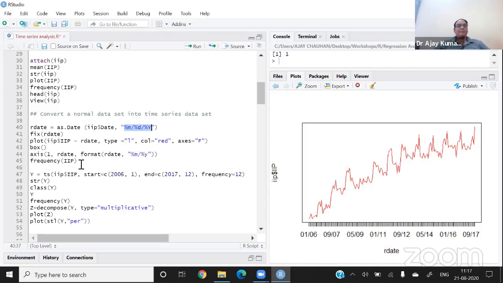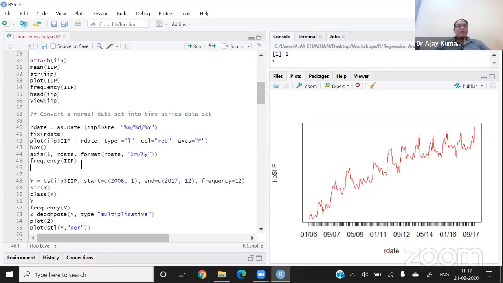After that, now, because I converted the data set into the time series data set, if you kindly observe this data and the graph of the IIP, I found that this series is having a long-term trend.